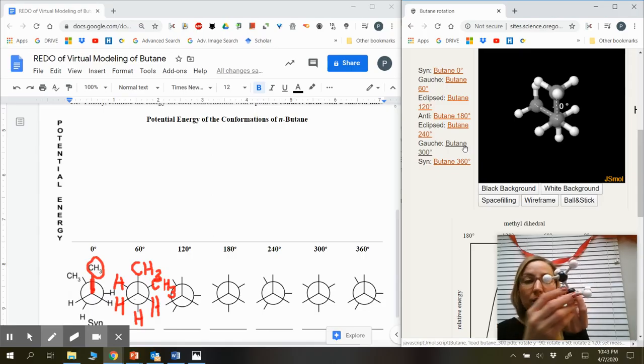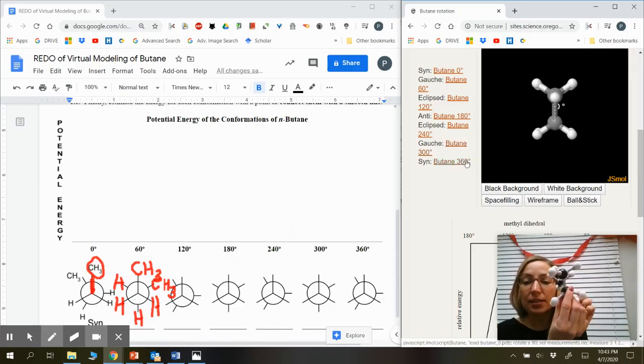Trying to get the angle a little bit better so that you can see it. There we go. I think the angle is a little bit better on that gauche. And then we'll go to syn. So if I just hold my model and focus on it for you, and I try to rotate them without blocking your view of it. Again, here's syn, here's 0 degrees, and then we're just going to rotate 60 degrees at a time. There's the first 60,